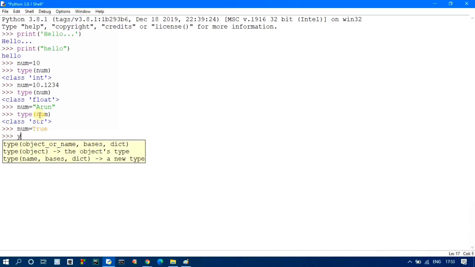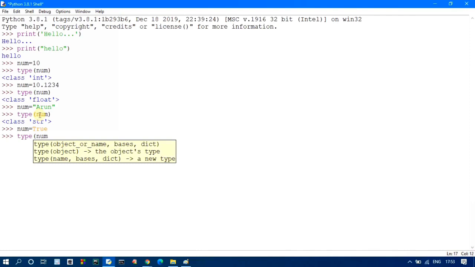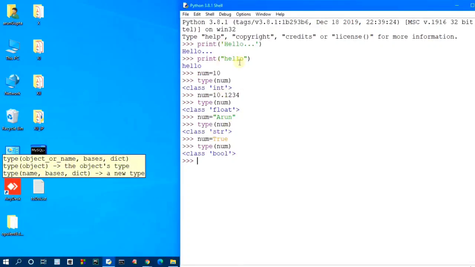Based on the value, the type of the variable is assigned, and if I check num, it will print its type. So you can understand the type function concept.